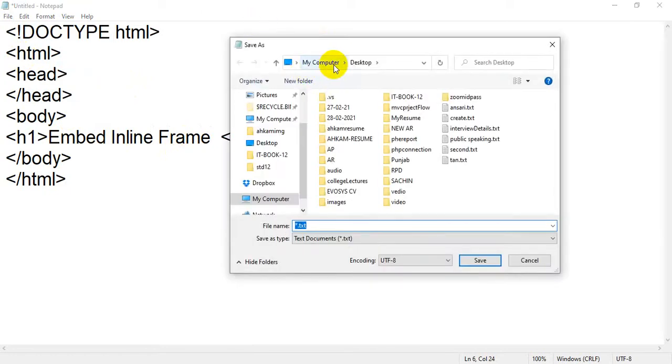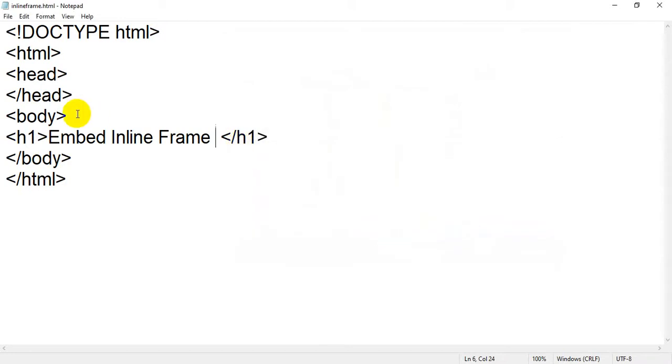So I am going to save it on my computer desktop. Assign some name, for example, I am going to write inline frame.html. Okay, so let me save it, and I am going to assign some body background color.